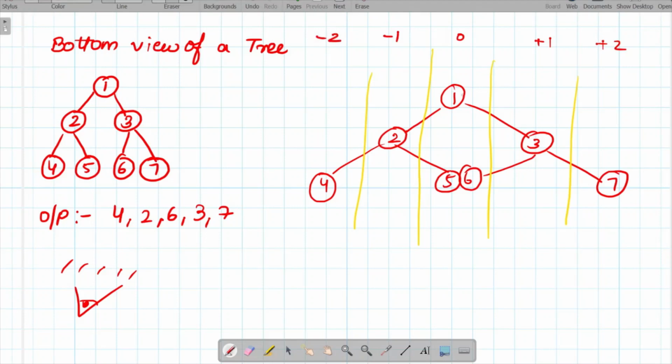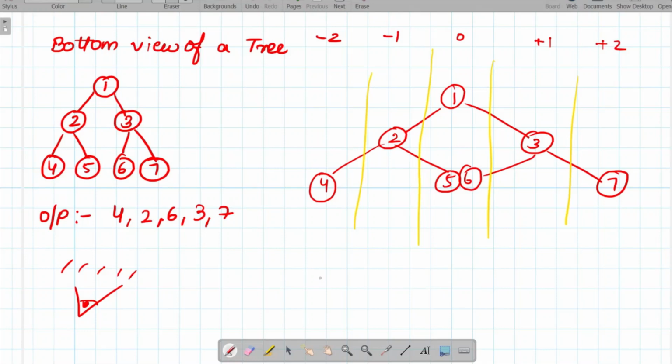All the nodes at position 0 are 1, 5 and 6. At position -1 is 2, and at position -2 is 4. Similarly for position +1 it is 3, and for position +2 it is 7. So we are going to print all the nodes which are visible from the bottom view.